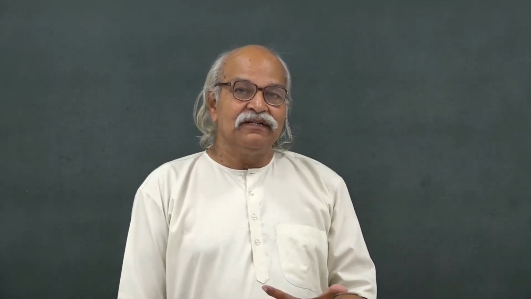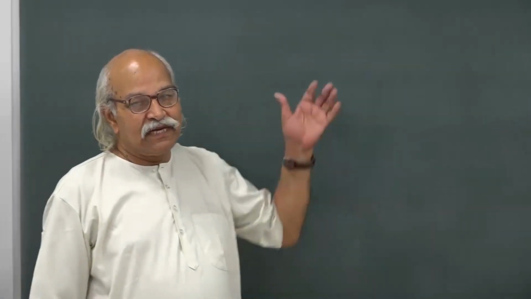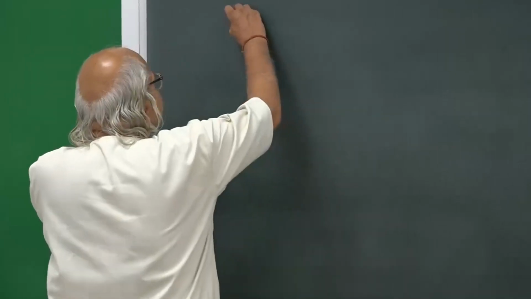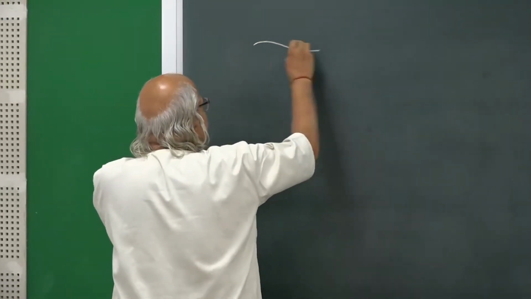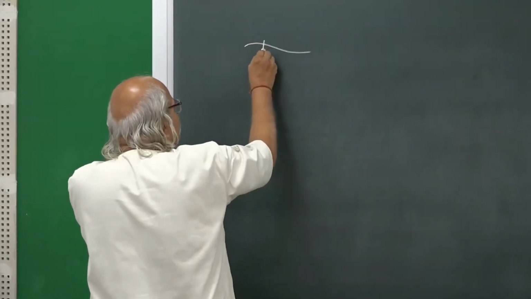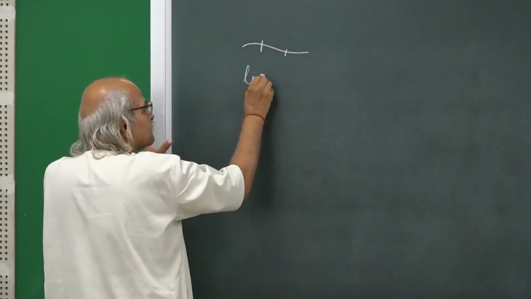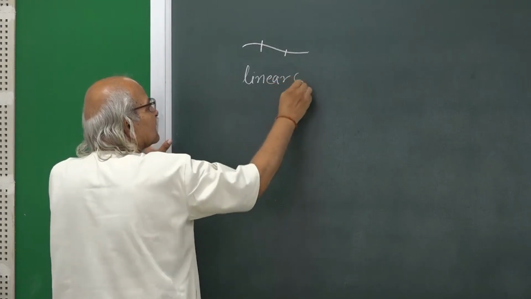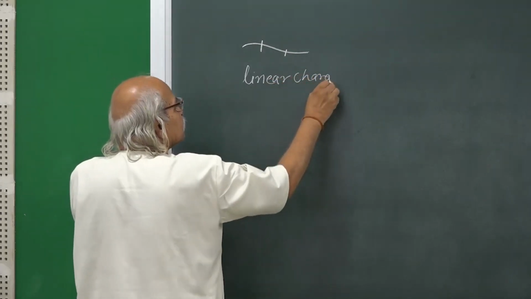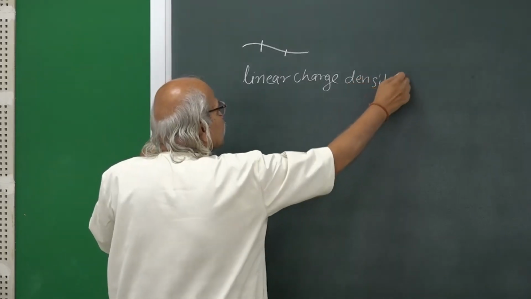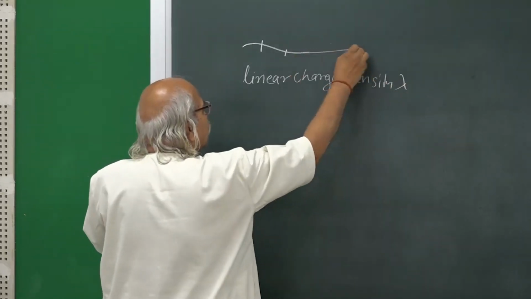So, we start with linear current elements. So, the current is on a wire or on a line. Let us say this is a line, and then there is a small part here. It has a linear charge density, that is lambda. It can be a long wire carrying a current,